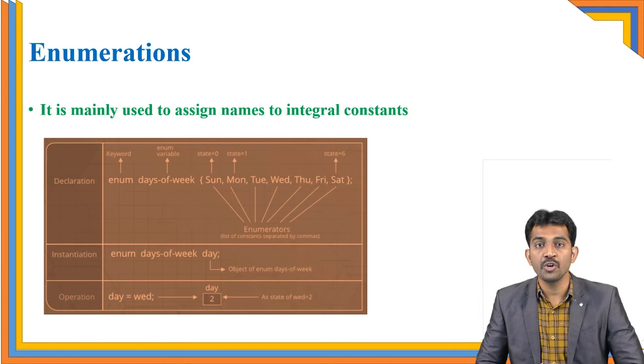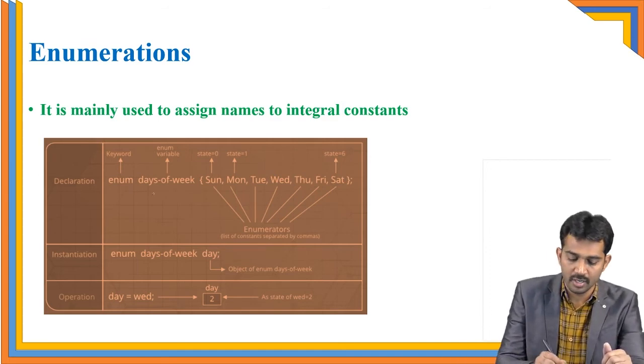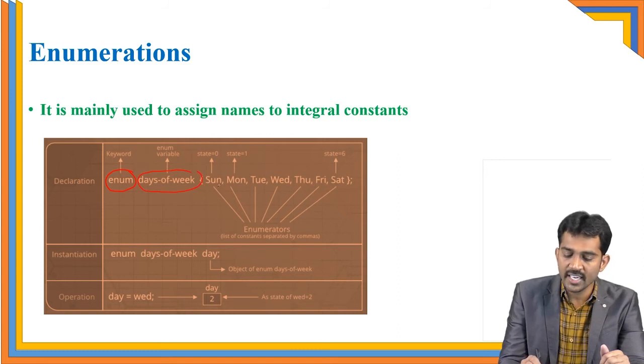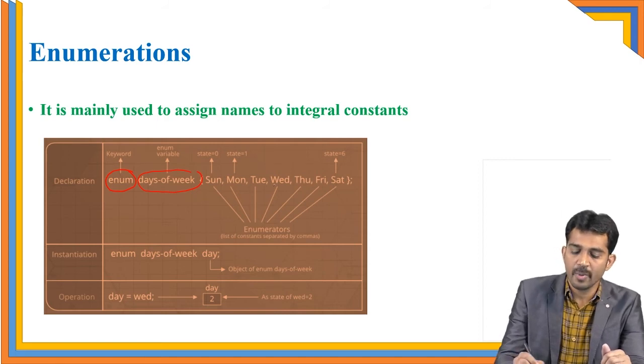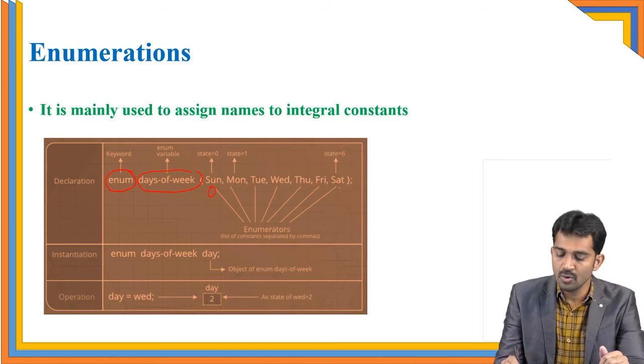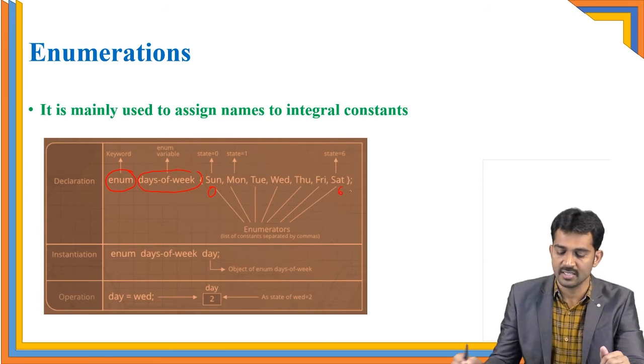Next, we'll see enumeration. Enumerate means you're going to allocate constant values. If you want to allocate constant values, then you do the enumeration. See, in this example, enum is a keyword. Observe carefully. Enum is a keyword, right? Days of the week is a variable of the enumeration. Whatever data you allocated, Sunday, Monday, Tuesday, Wednesday, Thursday, all are constants. By default, if you didn't allocate any value, the first value goes to 0, the next to 1, so 0, 1, 2, 3, 4, 5, 6. This last value is 6, right?